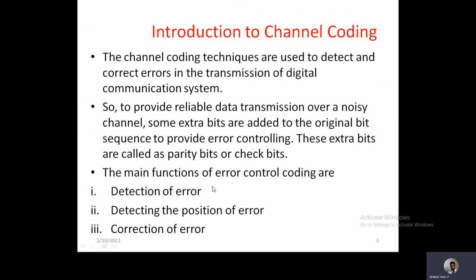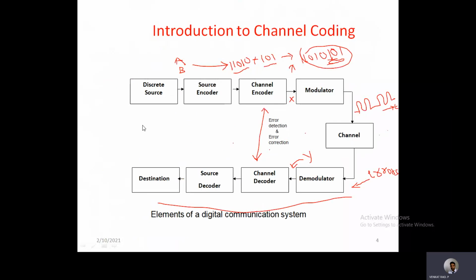So let us see the necessity of error detection and correction in digital communication. Now when you see the complete block diagram of a digital communication system and observe all the elements, for example, if you start from a source, let us consider you are using digital devices, for example a mobile phone, a computer or a laptop.